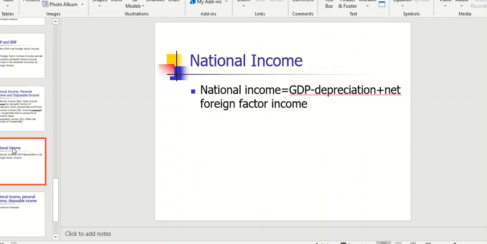But before that, let's just take a very quick look at what we have done so far. National income is simply equal to GDP adjusted for depreciation and adjusted for net foreign factor income. So now let's